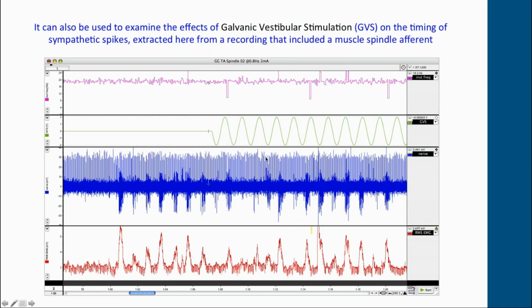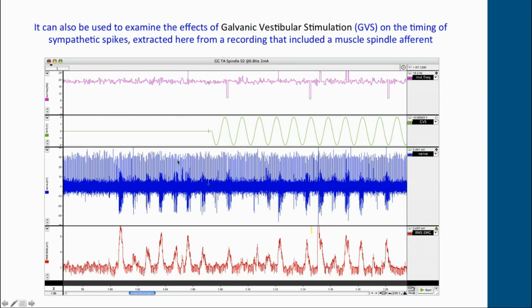Depending on where your area of interest lies, you may find the muscle afferent to be an inconvenience, or you may find the muscle sympathetic recording to be an inconvenience. For me, I think it's great when we get recordings like this because you can actually get 2 recordings for the price of 1. I'll actually come back to this particular example in the software demonstration. We'll go through it in detail.